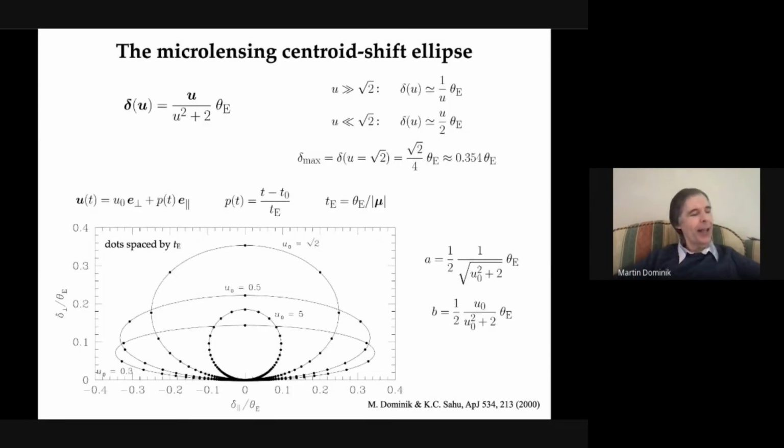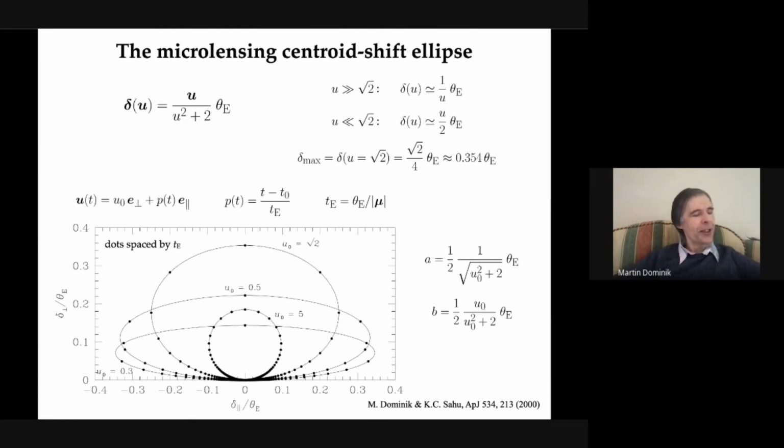If the separation gets large, the image centroid shift drops off far more slowly than the magnification, with 1 over u rather than its fourth power. Therefore, astrometric microlensing signals remain observable for large lens source separations for which there isn't any significant magnification. For small lens source separations, the image centroid shift approaches 0 in proportion to it. That is, where the magnification explodes, the centroid shift turns small.